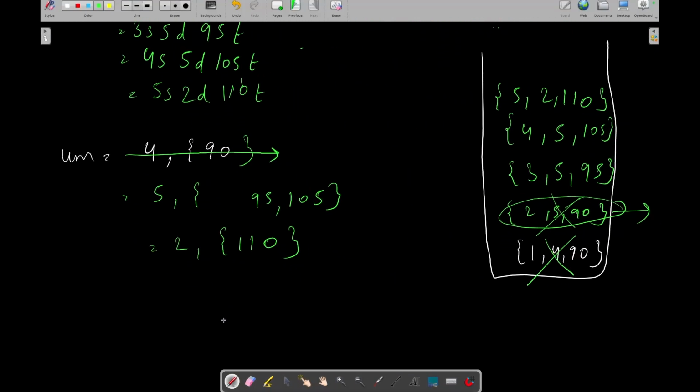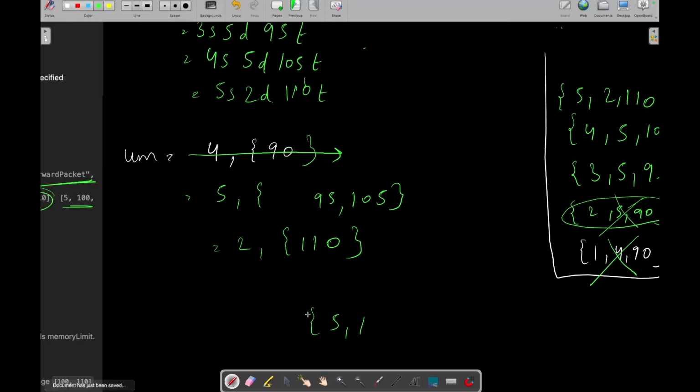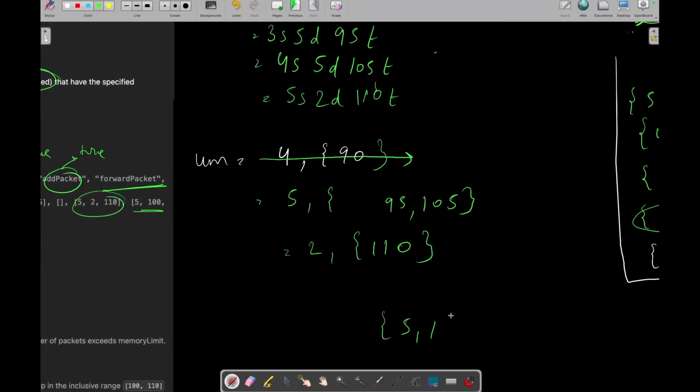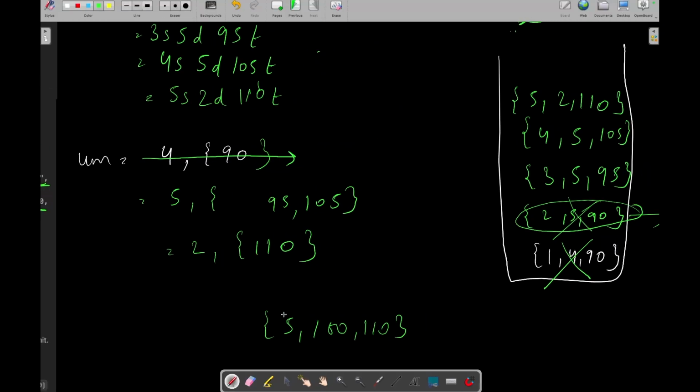So let's see the get count function now. 5, 100, 1, 1, 10. Okay, where 5 is the destination, 100 is the start time, and 1110 is the end time. Okay, so what we need to do is iterate on the destination in this map.